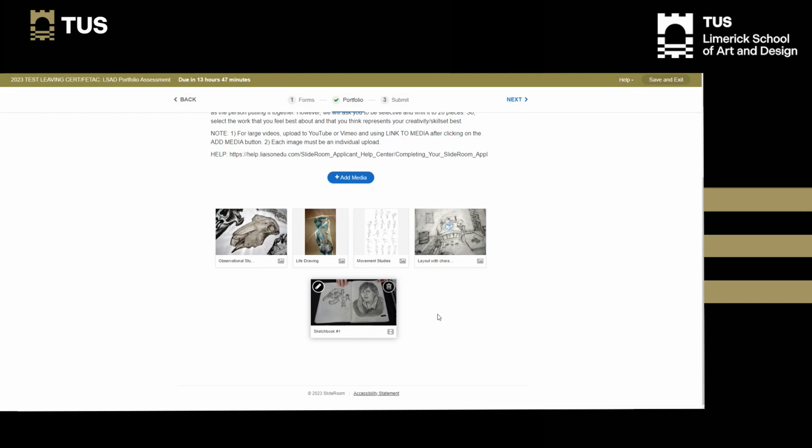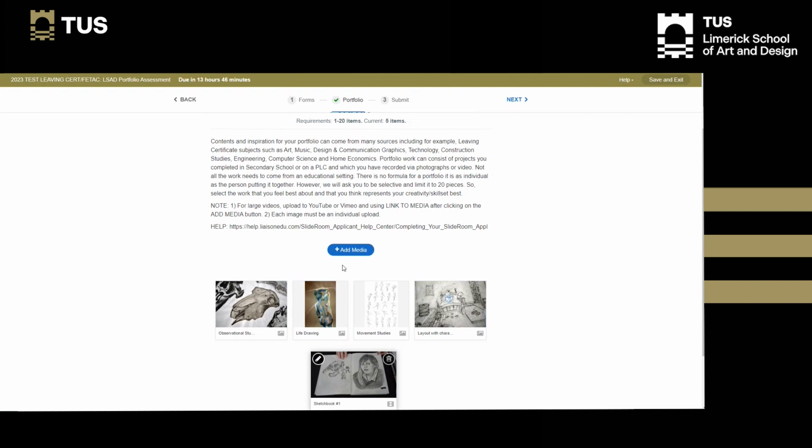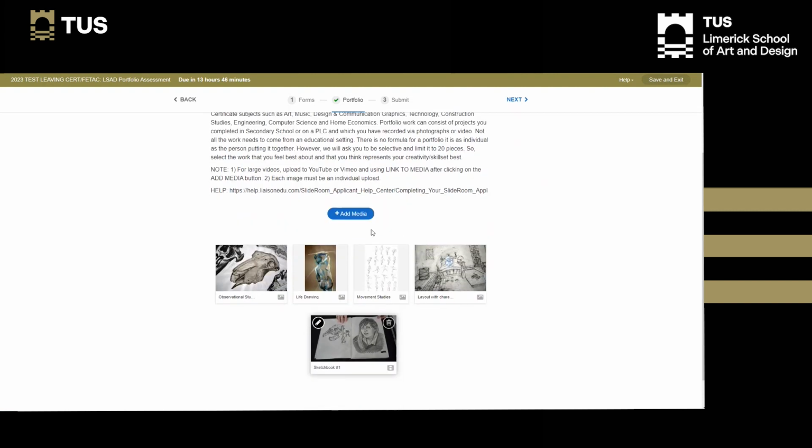So it's not uncommon for us to see more than one sketchbook. Quite often people have two or three. Sometimes they put them in one video, sometimes they put them up as three separate videos. It's no problem. And it's no problem adding those on to separate elements of your 20 portfolio pieces. So that's no issue. Second thing is that if I want to add a video that's larger than this, it's